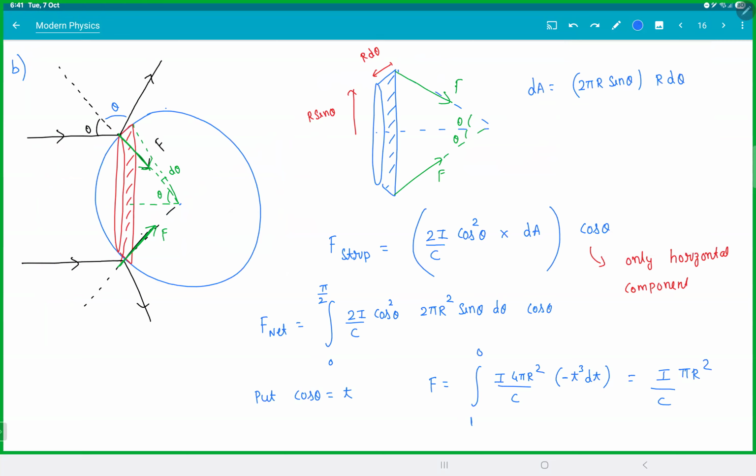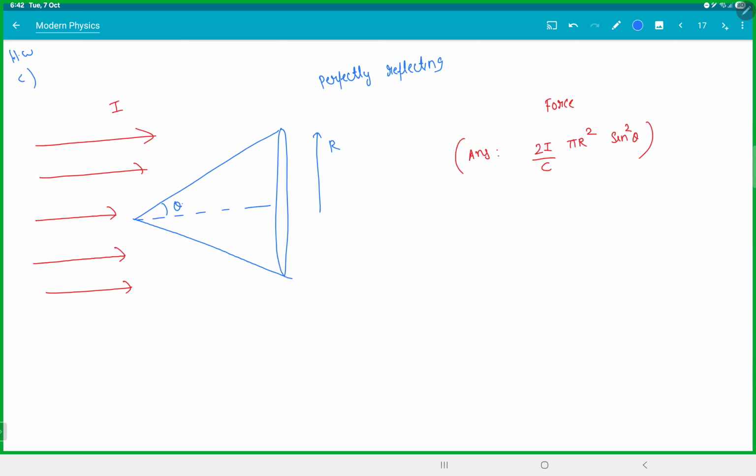Clear this. Check out that integration. Next thing. That's a bit about radiation pressure. The next thing,